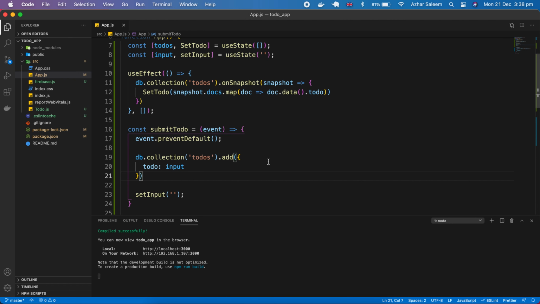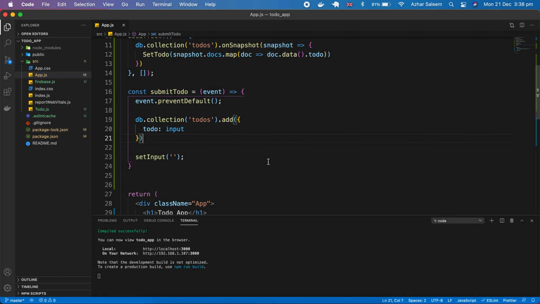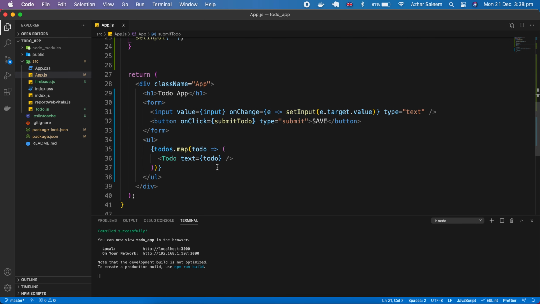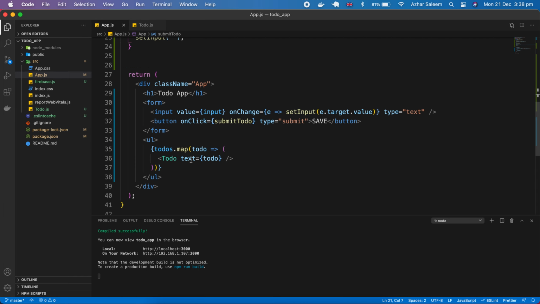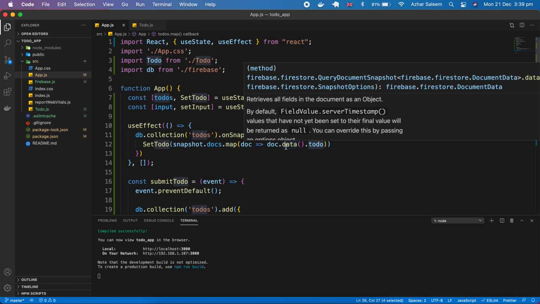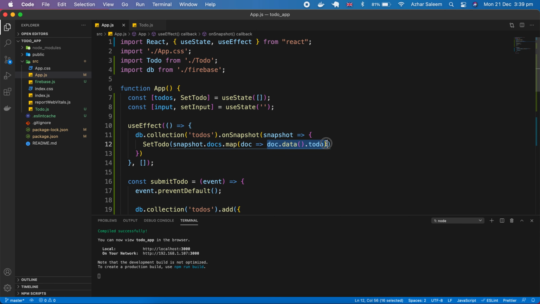So now let's see what we have to do here. In our to-do component, which we created before, we pass our text by using the props, and we pass here this text, and we pass the to-do which we get from our Firebase here. Actually, now at this time we have to make an object. So let's create an object,